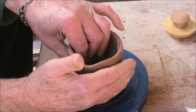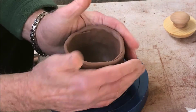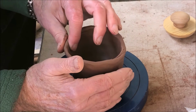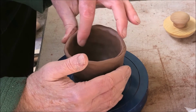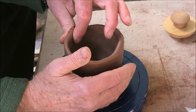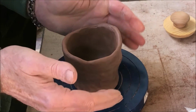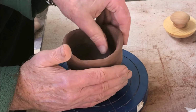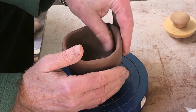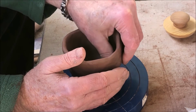Again, we're pulling up from the bottom. Our wall's upending about 1/4 of an inch thick. We keep it thick for now, all right, because we don't want to get it too thin. You don't want to come back and try to add clay in. You want to keep the pressure uniform and keep the thickness of the wall